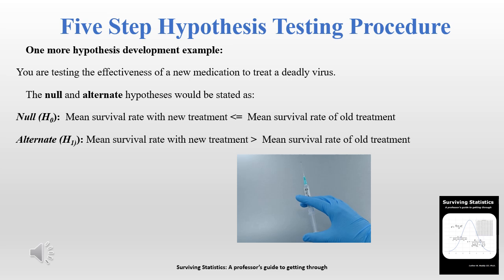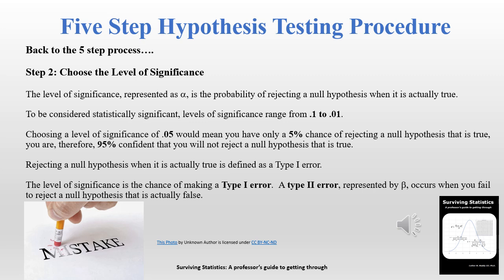So we'll assume that we're testing the effectiveness of a new medication, a new vaccine. And so our null hypothesis, remember, is what's assumed to be true or correct, or the status quo, is that the mean survival rate with the new treatment is less than or equal to the mean survival rate of the old treatment. Again, we're assuming the old treatment is the best. That's the null. The alternate is really what we're trying to discover here, that the mean survival rate with the new treatment is greater than the mean or average survival rate with the old treatment. Okay, I think we've nearly beat null and alternate hypothesis to death here,